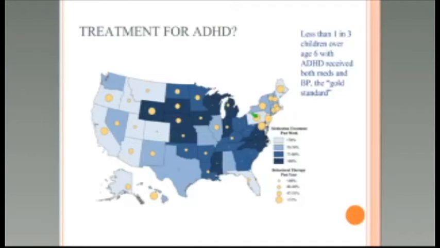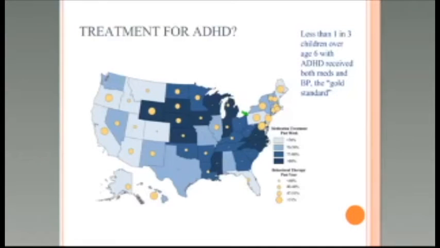So larger circles reflect individuals more likely to have received behavioral therapy, and the smaller circles reflect fewer respondents suggesting they received behavioral therapy over the past year for their child with ADHD. And you can see that, unfortunately, there is quite a lot of variation, including states where there's a lot of reporting of medication treatment, such as Virginia and North Carolina, but very little report of behavioral therapy, as opposed to other states, such as Pennsylvania up here, for example, where you have